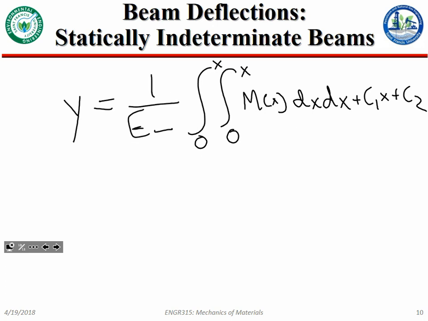if I wrote bending stiffness on the other side, because vertical displacement should be inversely proportional to bending stiffness. Like, if that's higher, we shouldn't bend as much, right? It's straightforward. So at any rate, we had this, and we said that as long as we can come up with an expression for the bending moment, we can integrate the crap out of this, and life is good. The only trick being that we have to utilize appropriate boundary conditions in order to solve for these constants of